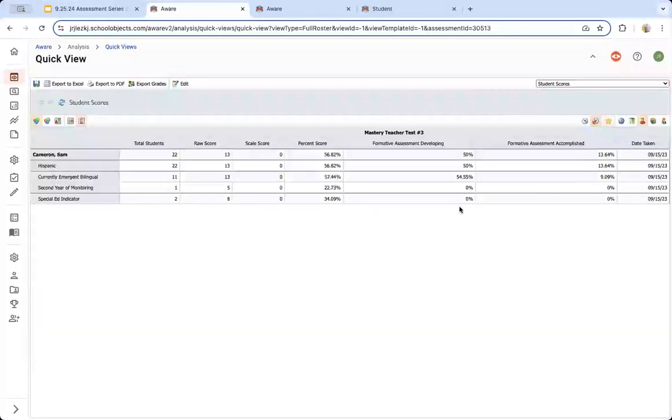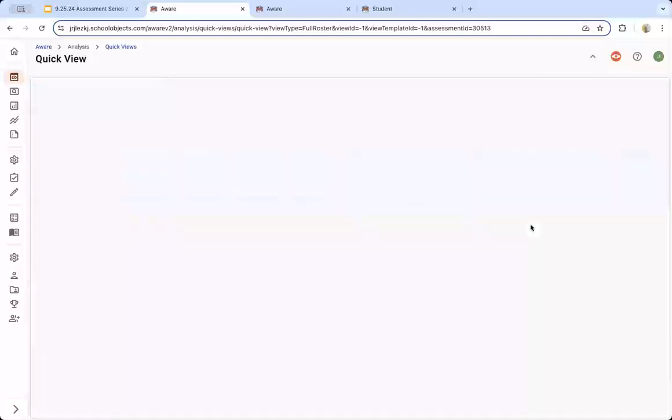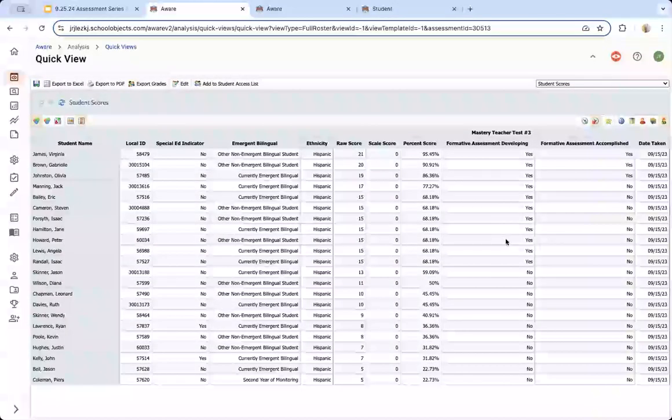Lost the rosters. I haven't rolled that over. Here we go. So I'm going to go to where they were, and I can see this teacher, Sam Cameron, had 22 kids that took the test, and approximately half the kids were at the developing, and then approximately 13% were at accomplished. This might be a good way for me to decide if I want to use generic performance level data to decide which group of kids I need to focus on, but I can also get some demographic breakdowns as well and decide, is there a particular group of students that might need a little more individualized attention? So this is the score summary, or the student score and score summary in a nutshell.